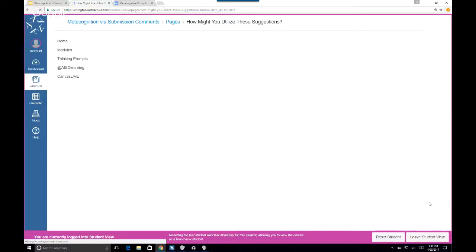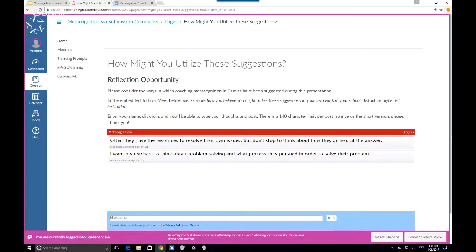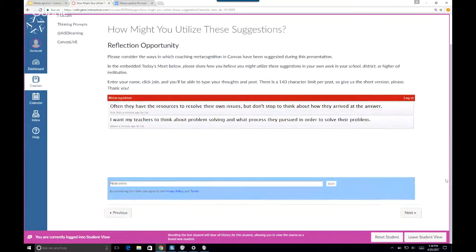Okay, final thing I'd like you to do for me. If you click next, I'm curious. Oh, and some people have already beat me here. All right, self-paced learners, kudos to you. Look, this is an embedded Padlet. When you have a course set up to be public in the course settings in Canvas, you can't give a public user that hasn't logged into the course environment the ability to participate in a Canvas discussion, for example. So I found that embedding some web tools provides a similar type of opportunity for that interpersonal conversation, even when we're not all members of the same institution.